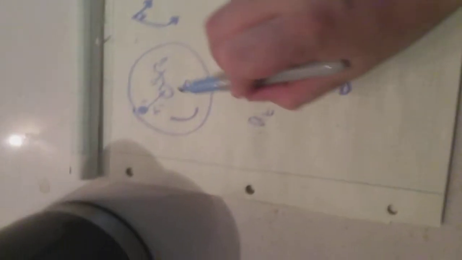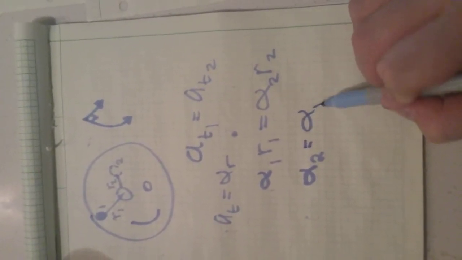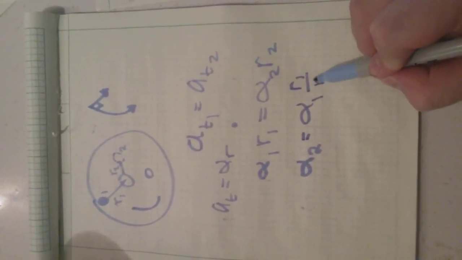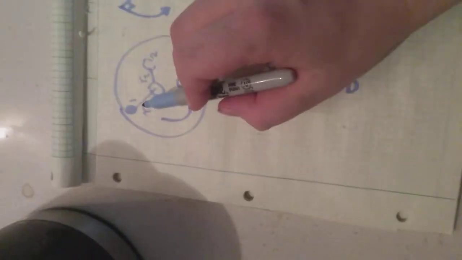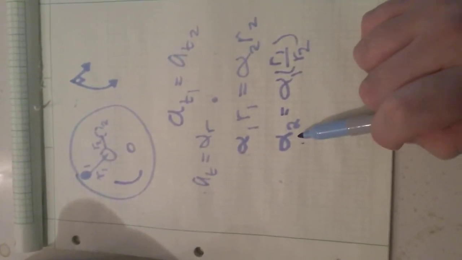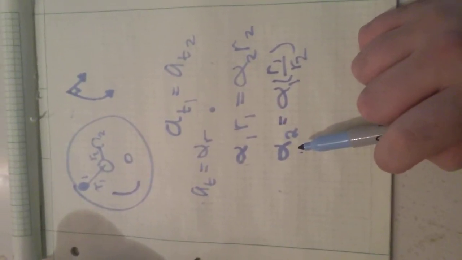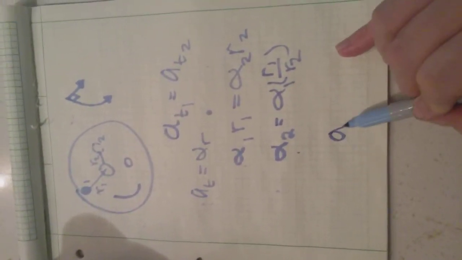Okay, so the acceleration at the second point is equal to alpha 1 times r1 over r2. r1 is this distance, r2 is the shorter distance, right? So r1 is always greater than r2, which means the angular acceleration at the center is faster than at the outer edge, which makes sense, right? So that's logical. So what I can do is solve for alpha,